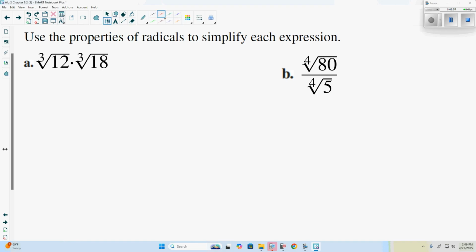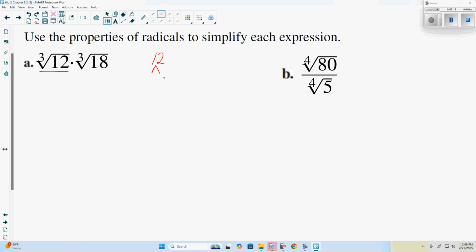Now, for cubed roots, we're looking for a number times itself 3 times. So 3 groups of 2, or 3 groups of 3, or 3 groups of 5 that we can take the square or cubed root of. Now, one of the main ways that we can do this is